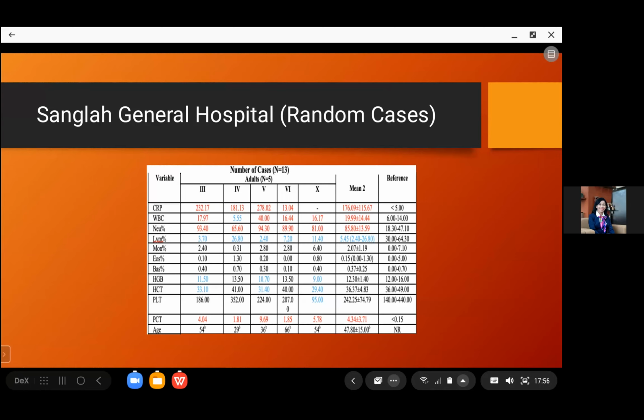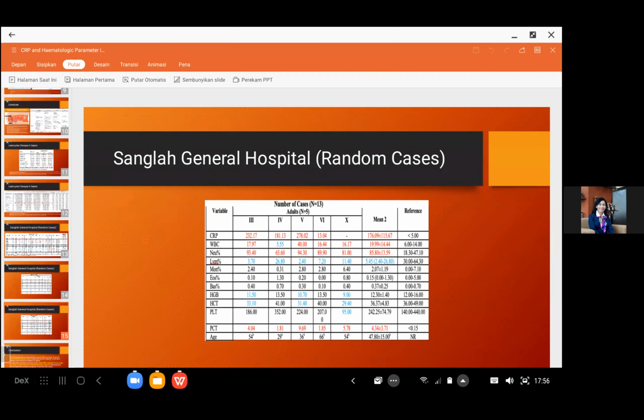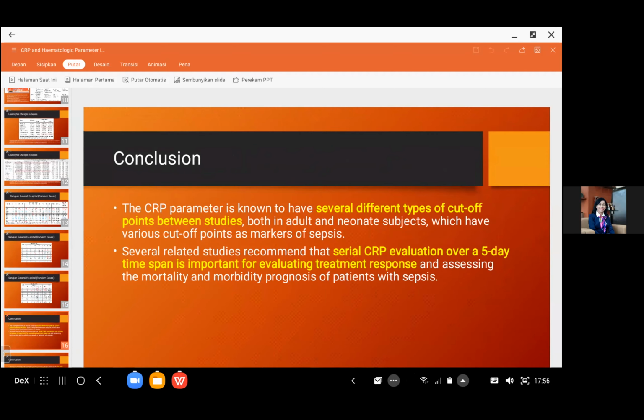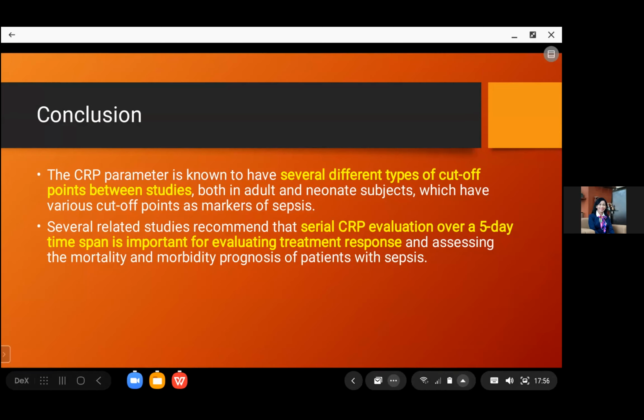In this category, we found low hemoglobin level and low or normal platelet count. We have not used the extended parameter for hemoglobin and for white blood cell in our hospital to detect sign of sepsis. And for conclusion, the CRP parameter is known to have several different types of cutoff between study, and both in